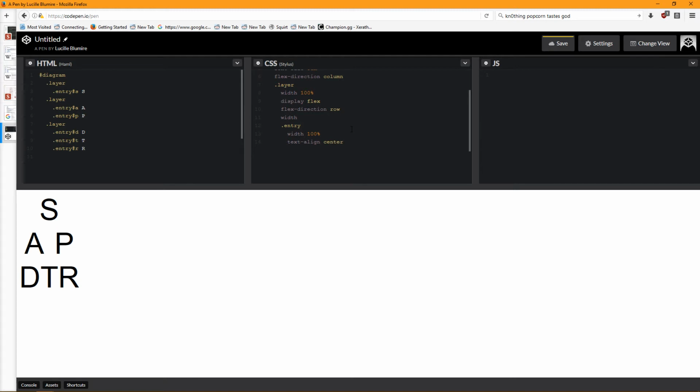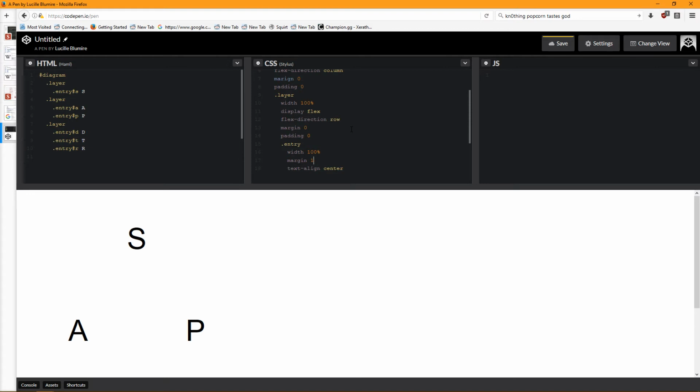We're going to make these actually have a... can you guys take margin 0, padding 0 for now? And can you also take margin 0, padding 0? Thanks. And now you guys are going to get margin of 1em. No, 0.2em.